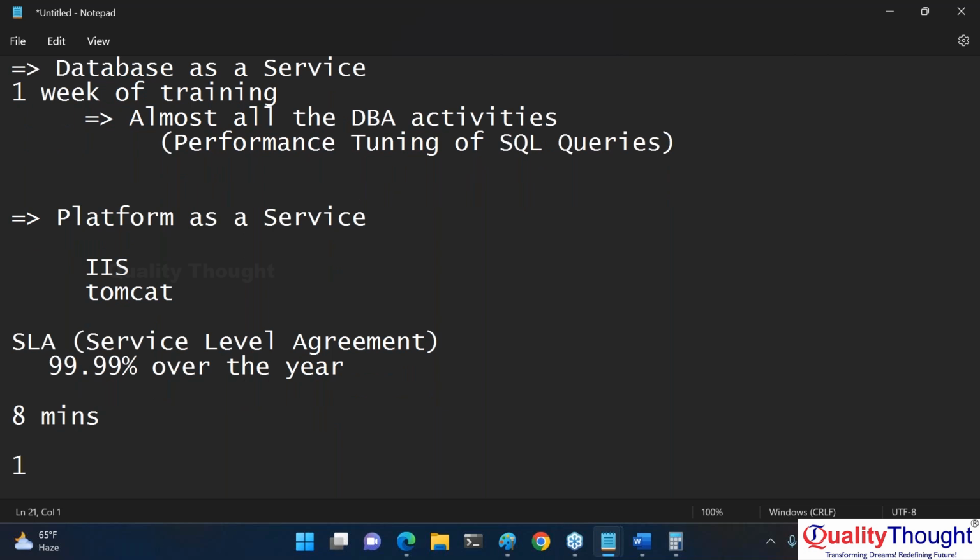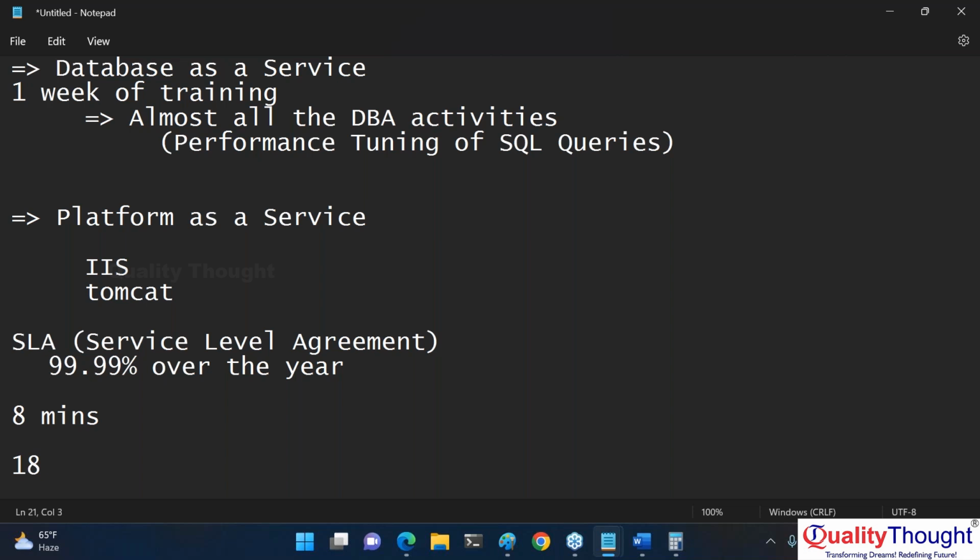But if this number becomes 18 for any reason, Azure will pay you back credits, AWS will pay you back credits, GCP will pay you back credits, because they have to stick to this SLA. Okay, are you clear on this, sir? So it is not that they just give you infrastructure, they give you some guarantees also. Those guarantees are something which we call as SLAs. Did we understand this part, sir?